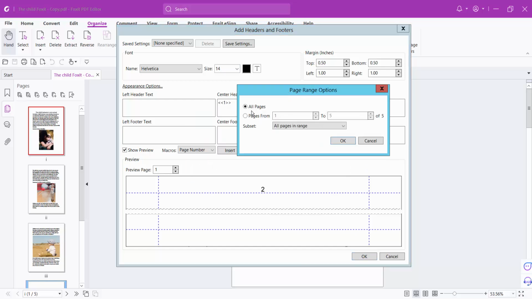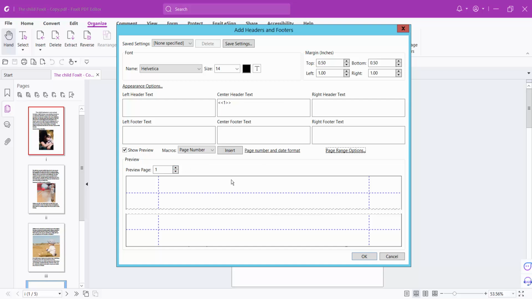you can select all of these pages or associated pages. I'll select page number 2 or 5. Now select OK, and this first page number is not showing, and this is page number 2. Now select OK